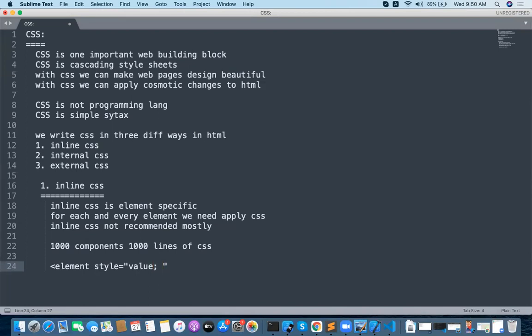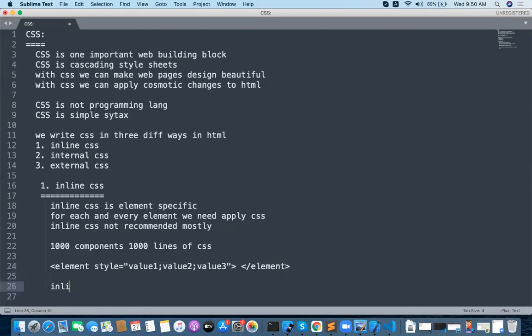Value one, value two, semicolon, value three, something like this. This is the way of writing inline CSS. This is actually available in the element open tag only, not in the element close tag.